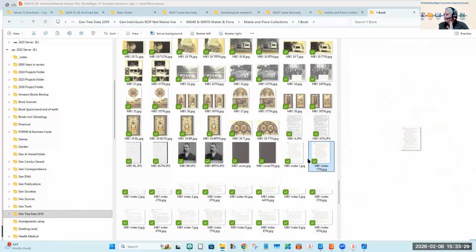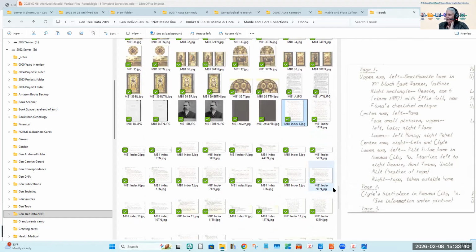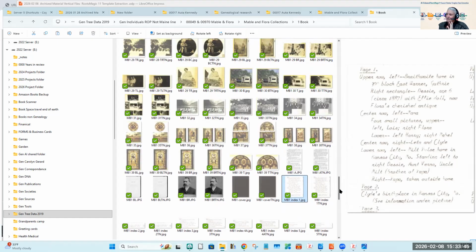I hate this font. You'll notice that some of these things have a TN in the name, it's the same name, but a TN. That's how I did the HTML that's on this page that actually will write this page to a browser. And you can jump directly to these pictures as you go through them.